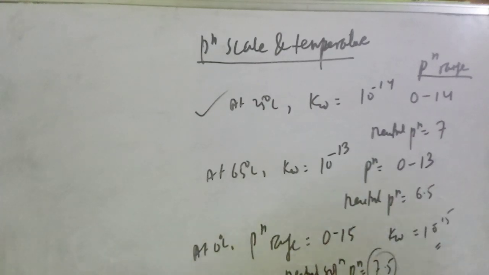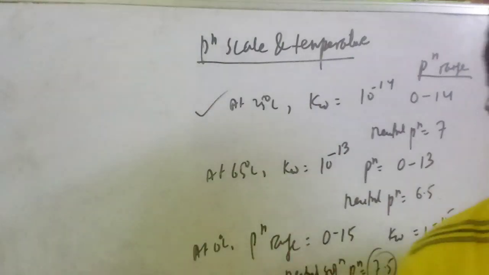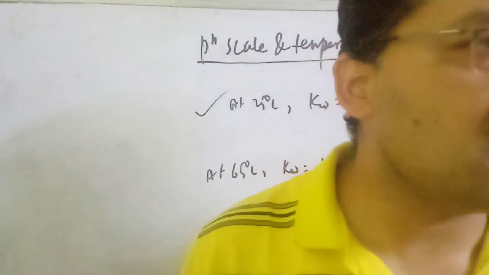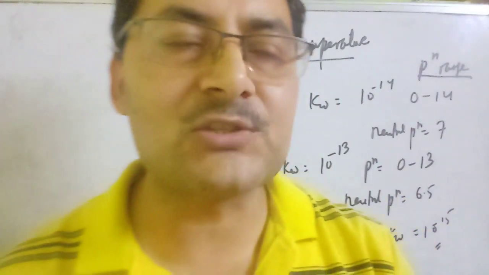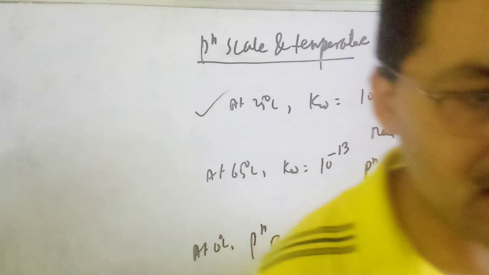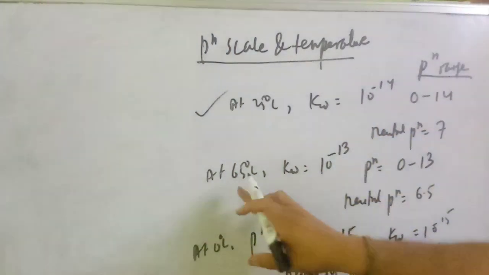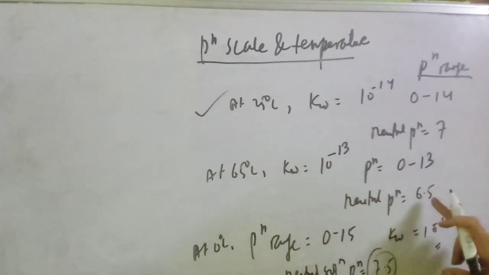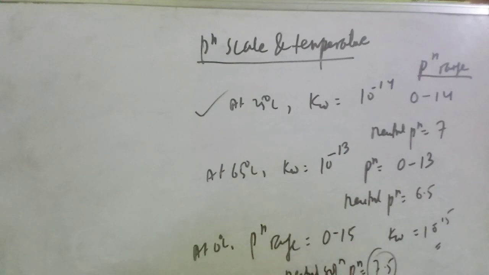So, students, you should not understand it this way, that the pH of a neutral solution is always 7. That is not so. That is at 25 degrees centigrade, but at 0 degree centigrade and at 65 degrees centigrade, the pH of a neutral solution is different. At 65 degrees centigrade, the pH of a neutral solution is 6.5, and at 0 degree centigrade, the pH of a neutral solution is 7.5. Okay. In this way, you can easily understand that